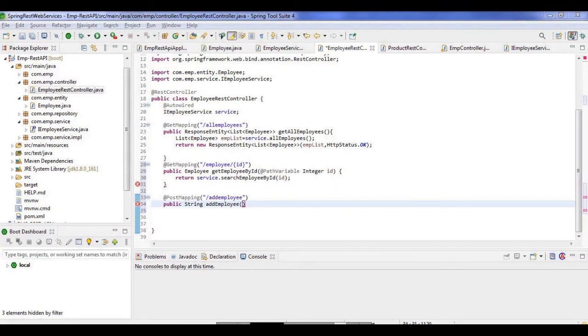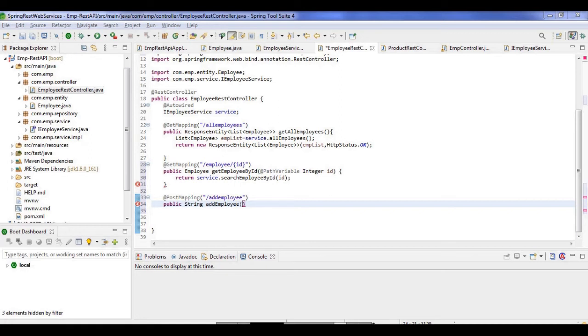Whenever the client requests this endpoint, it has to pass its data, that is the employee object, in the request body. To bind that employee object in the request body with the method parameter, we have the @RequestBody annotation. The @RequestBody annotation binds our employee object in the request body with the method parameter, which is going to be an Employee object.